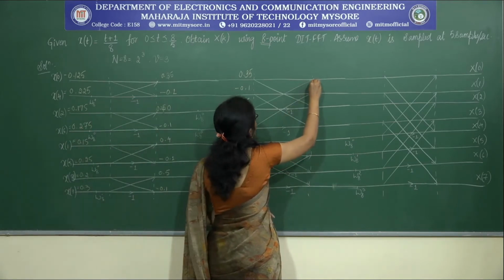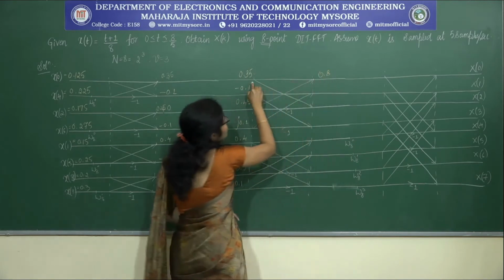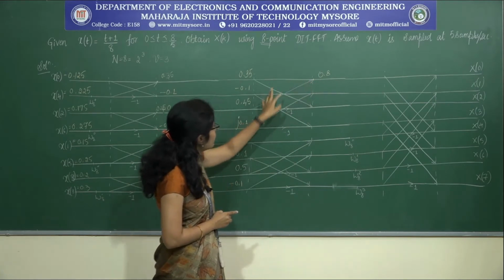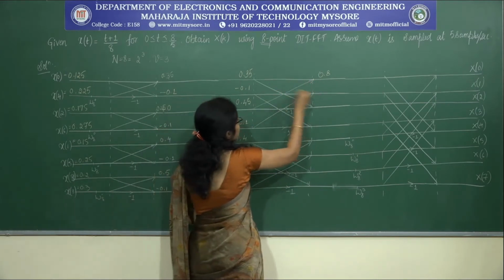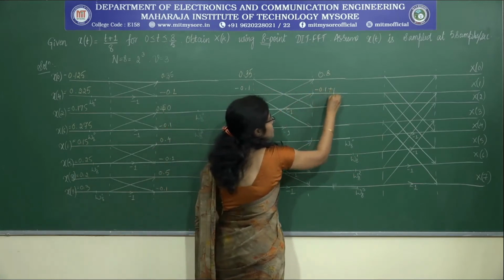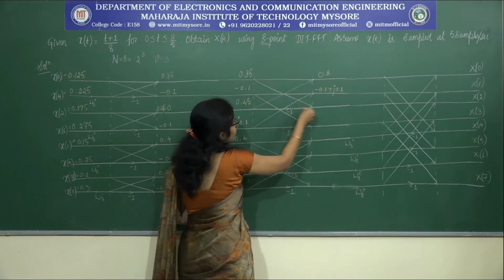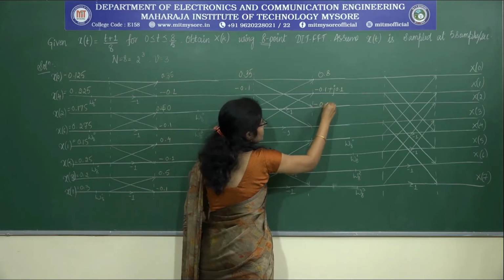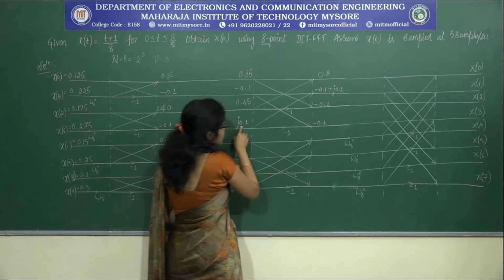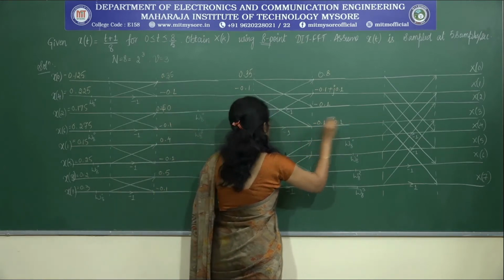Now, if I find out the value at this particular point, it is equal to 0.8. Why? This is one signal, that is 0.35, and the second signal is from this point, that is 0.45, it gives us 0.8. At this point one signal is 0.1, the second signal coming is plus j 0.1. Again here it is 0.35, here it is 0.45, the value will be minus 0.1, and here the signal is minus 0.1. This is getting multiplied with minus 1 and we get it as minus j 0.1.